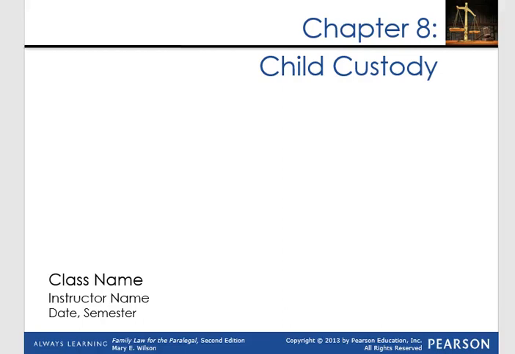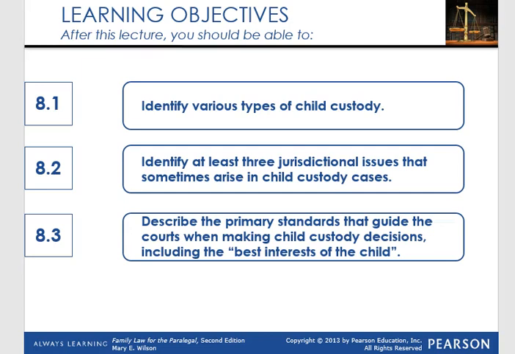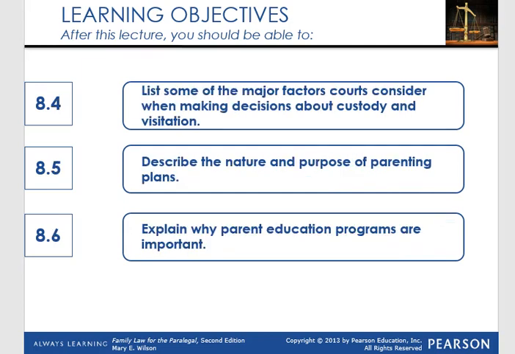Chapter 8, Child Custody. After reading this chapter, you should be able to identify various types of child custody, identify at least 3 jurisdictional issues that sometimes arise in child custody cases, describe the primary standards that guide the courts when making child custody decisions, including what's known as the best interest of the child, list some of the major factors courts consider when making decisions about child custody and visitation, describe the nature and purpose of parenting plans, explain